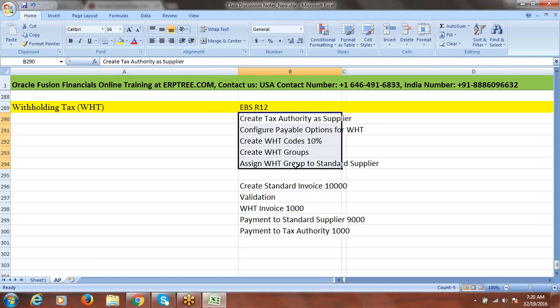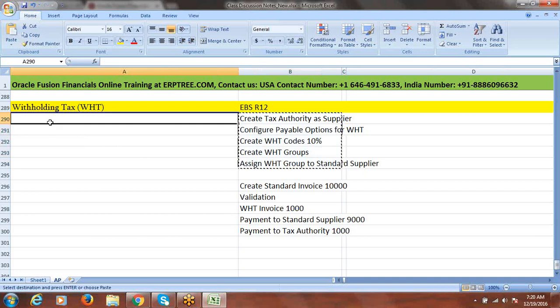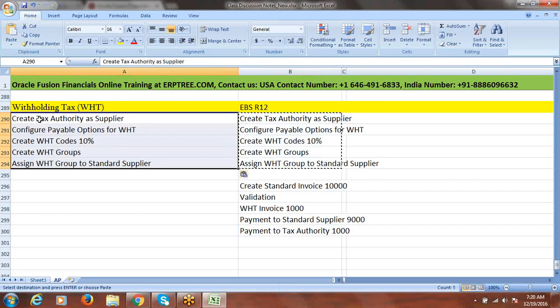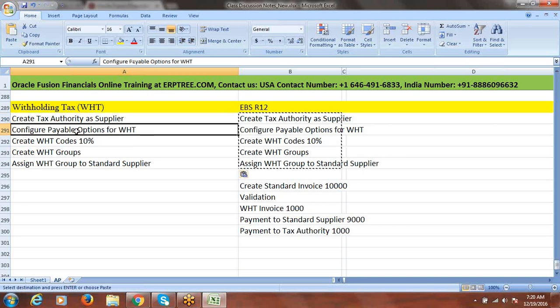So what setups do we have to do in case of a release 11 environment? Now we'll see what setups we have to execute in Fusion. So first we have to create the tax authority as a supplier, same as before, and configure payables options for withholding tax. This is as per EBS payables options. In any version of Fusion, the options are totally different. So there will be options called withholding tax options. Okay, so I'll just say configure,